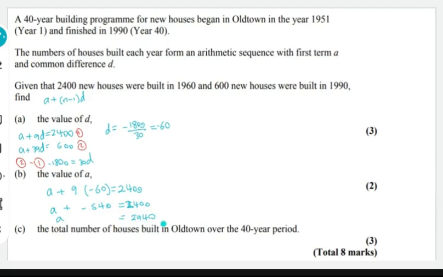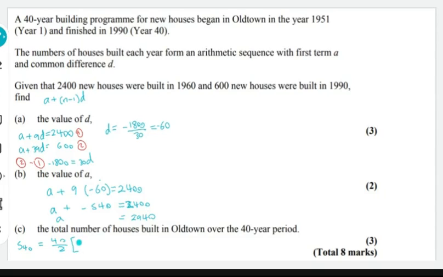Wow. I was thinking that is high. Yeah, that looks like it makes sense. Yeah, so that's that. And then part C, I guess, is not so bad. Just put it into the big formula. So N is 40, is it? Yep. 40 over 2, and then 2 times 2,940